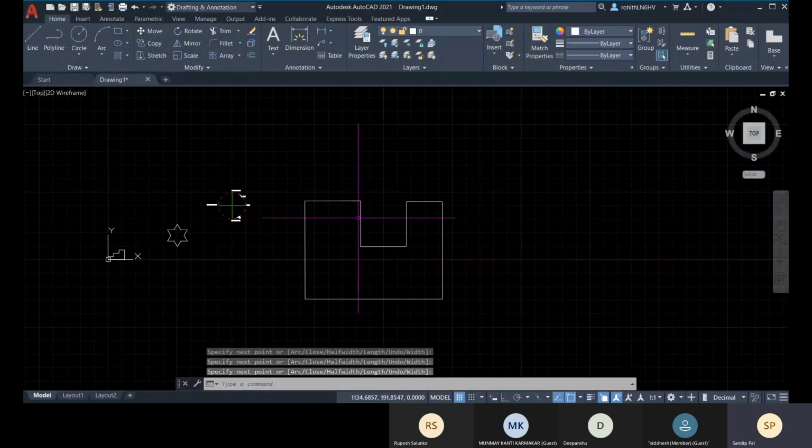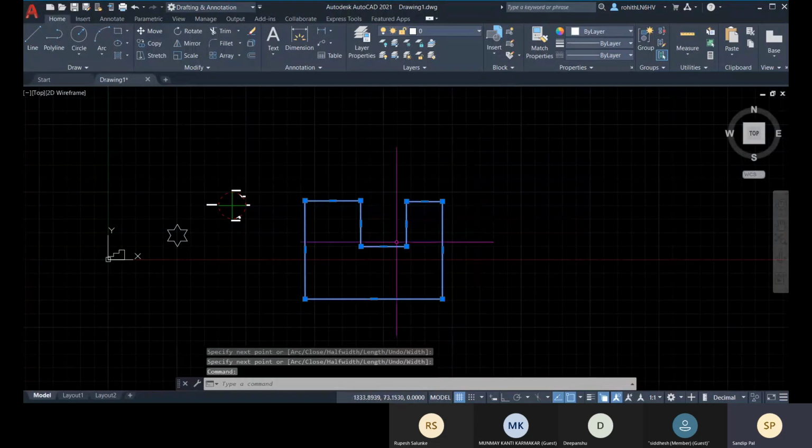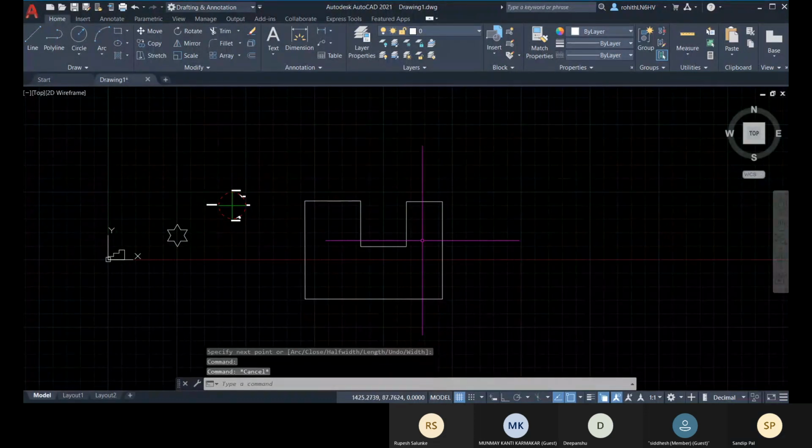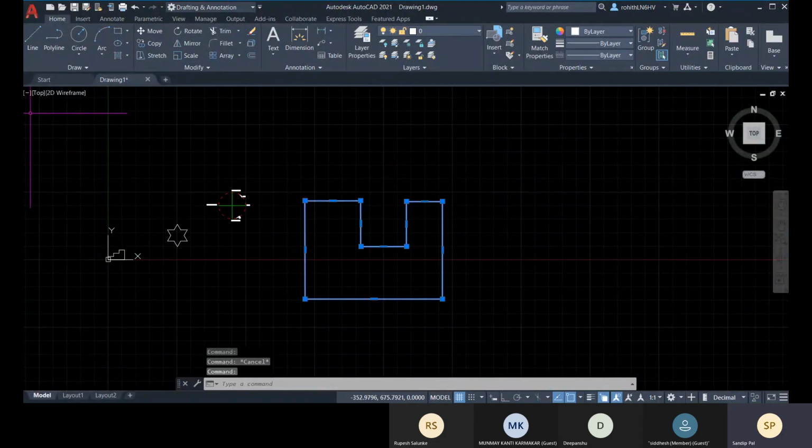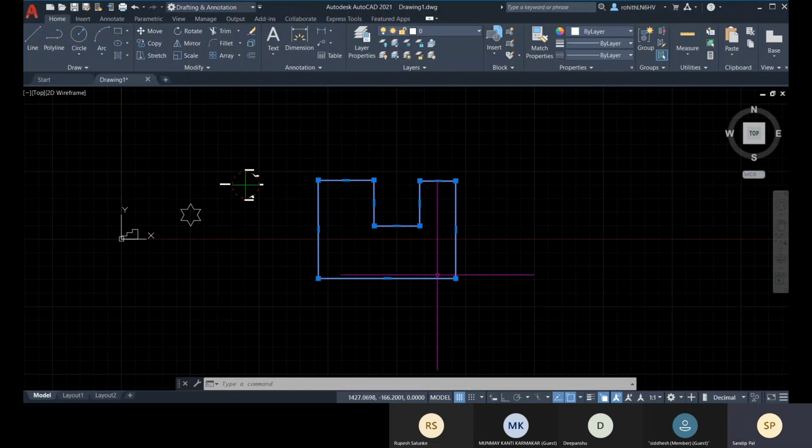And there you can see this is a single element right now. So with this polyline, you can create a single element if your segments are connected.